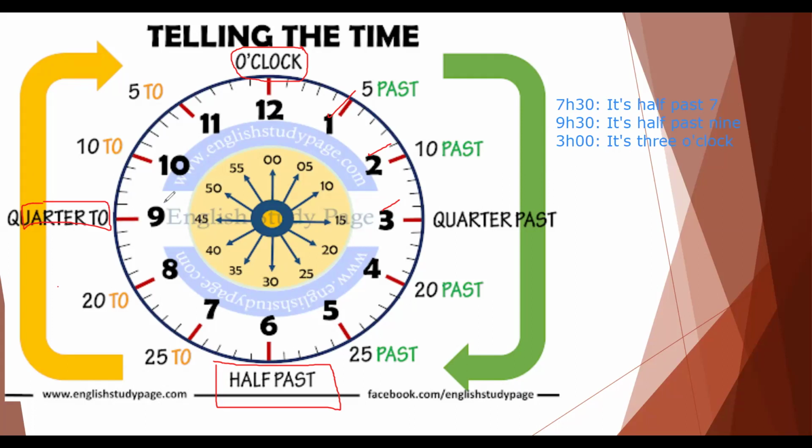Cuando tenemos el minuto 45, we can use 1:45. For example, it is 8:45. We say it's hay dos maneras, pues no, la común, primero la hora y luego los minutos, 8:45,